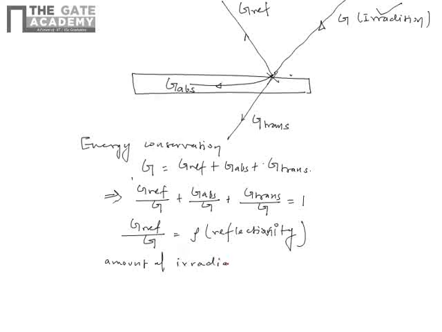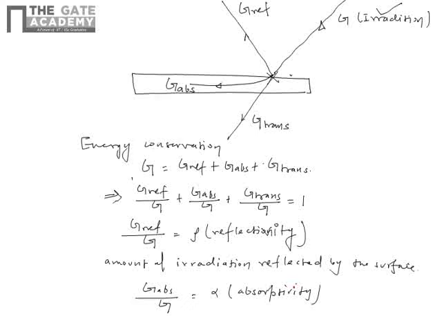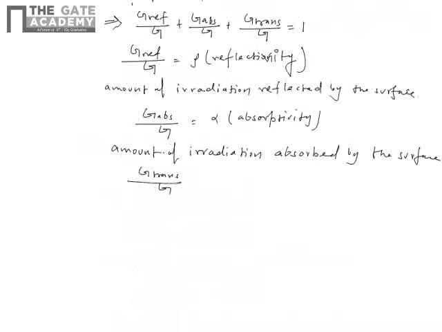G absorbed upon G is known as absorptivity alpha, the amount of irradiation absorbed by the surface, and G transmitted upon G is known as transmissivity,